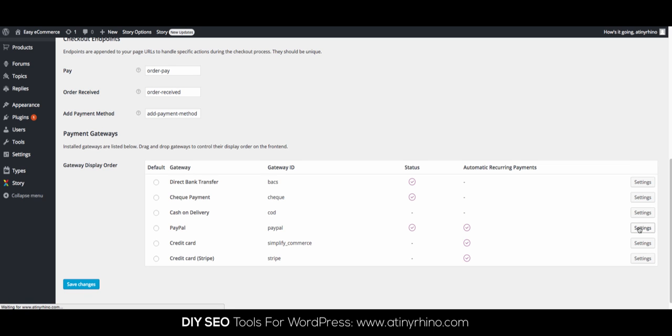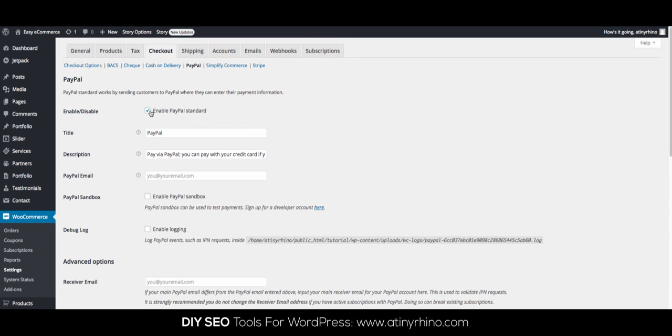If you want to enable PayPal payments, you'll need to click on Enable. Then simply enter your PayPal address. Please note that you need to have a verified business PayPal account to make this work. Setting this type of PayPal account up is really, really easy. So now once you're done that,